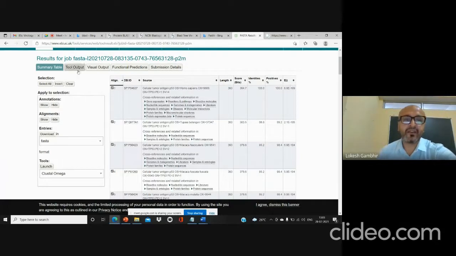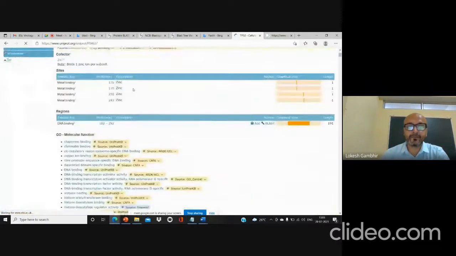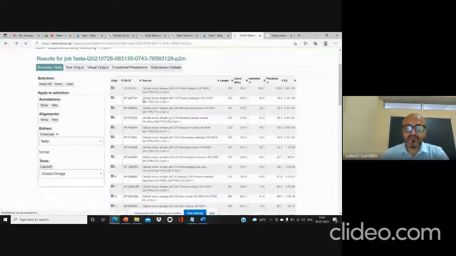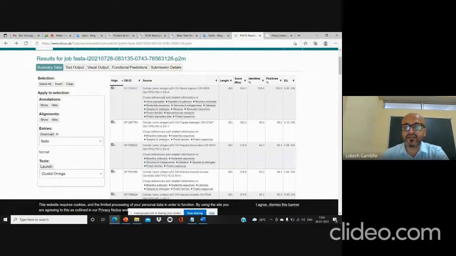And then we have different options. Let's see. If I click this particular aspect, I'll be going to the UniProt page. So what is it giving you? It is giving you the link, which is the perfect match, and that sequence is given to you. You can directly go to the UniProt page.